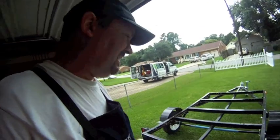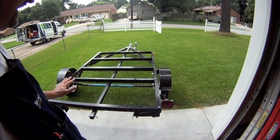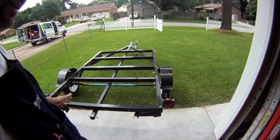So what I thought I would do is I thought I would show you the trailer and show you some of the modifications I've done to the trailer, and then we'll go ahead and move this thing to the trailer, and I will make the marks and then make the drill holes. So this is the trailer that I'm working with, and this is a Northern Tool heavy-duty 5x8 just a utility trailer, but it doesn't have